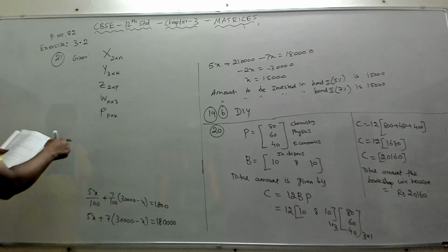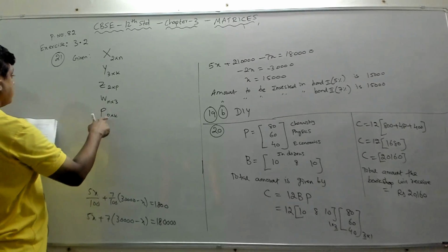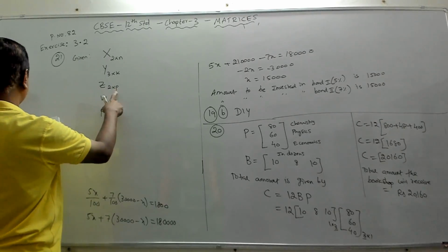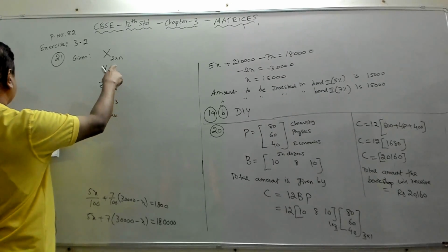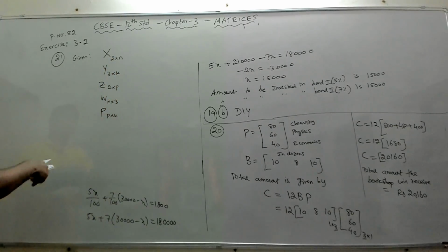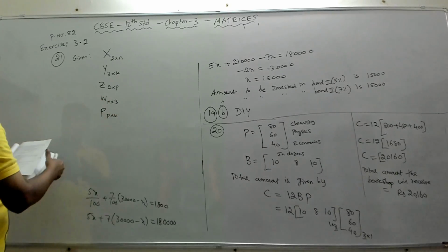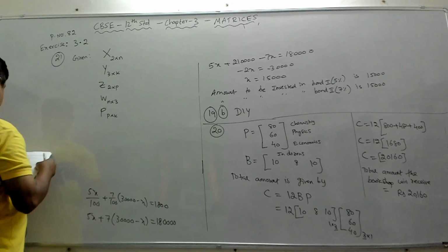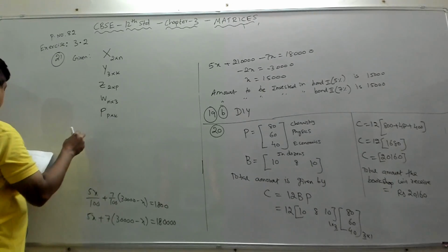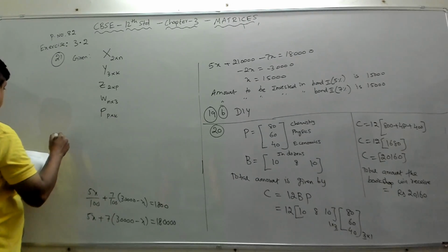If this P is capital P, this is small p. This is a matrix, this is a number. N cross 3 is W, 2 cross p is this, 3 cross k is Y, and X, Y, Z. So these are the orders. This is how the 5 matrices are. So what should be the restriction on n, k, p so that PY plus WY is defined?